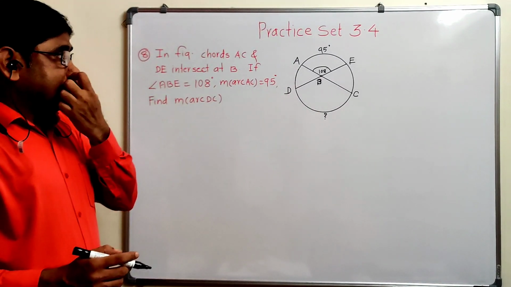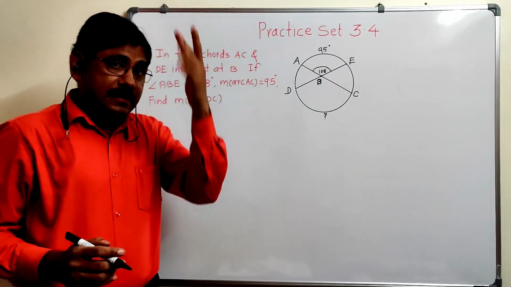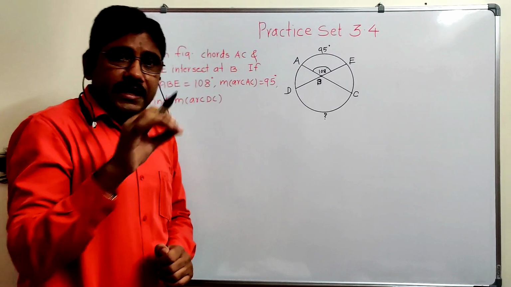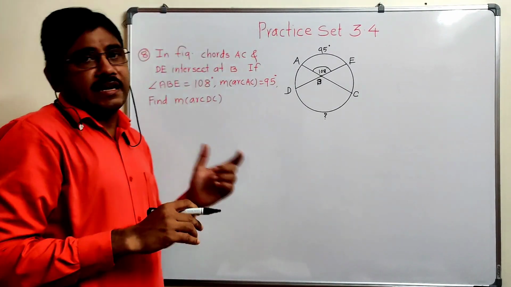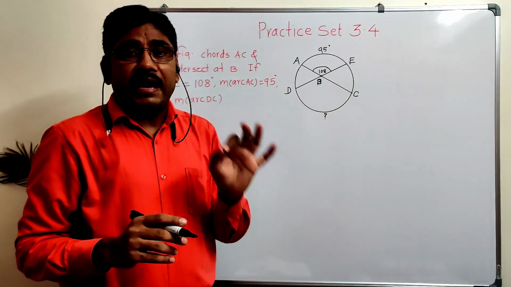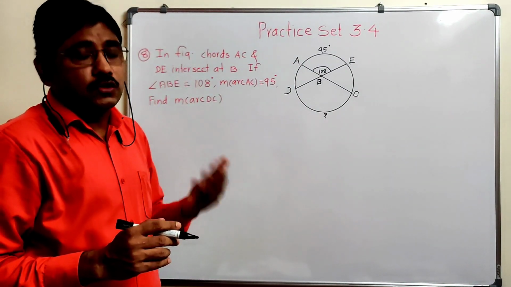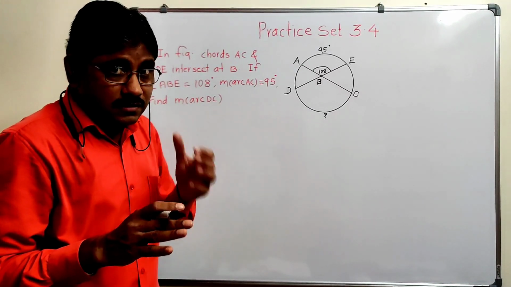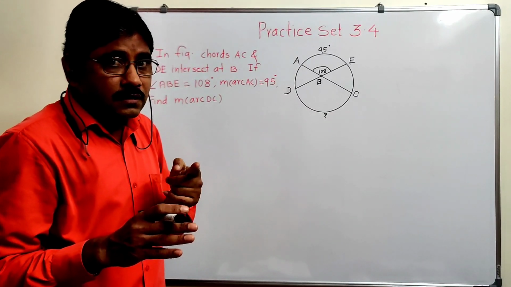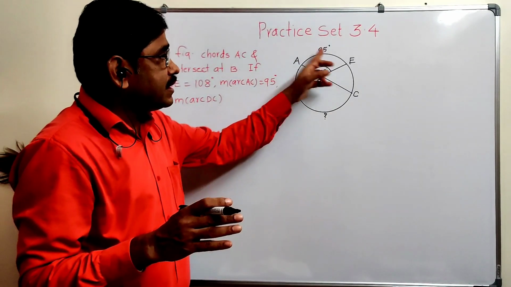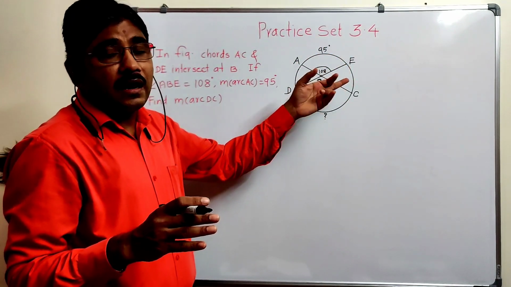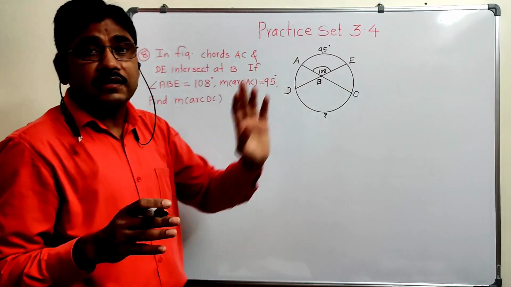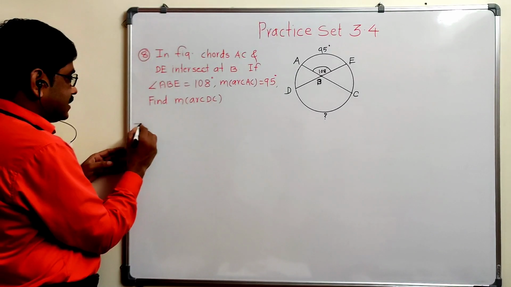So here the vertex is in the interior of the circle, that third point. If the vertex of angle ABE is in the interior of the circle, then what is the relation? We can write the measure of angle ABE is equal to half into bracket sum of the arcs intercepted by angle ABE, that means AE, and by its vertically opposite angle, that is DBC. So arc DC. So here, how can we write the relation?